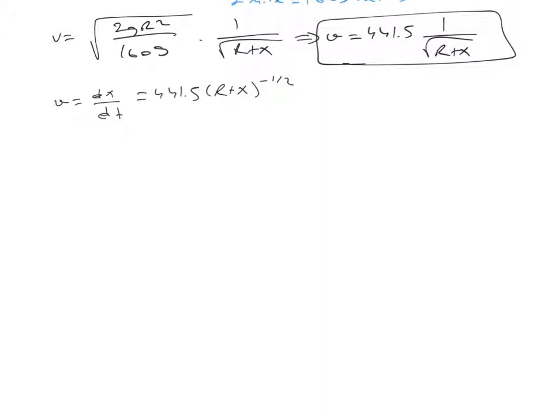And from here, dx is equal to 441.5 times (R plus x) to the minus 1 over 2 dt. And from here, (R plus x) to the 1 over 2 dx is equal to 441.5 times dt. And if you solve this easy integral, you will get